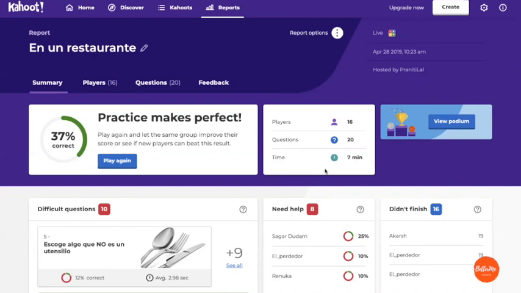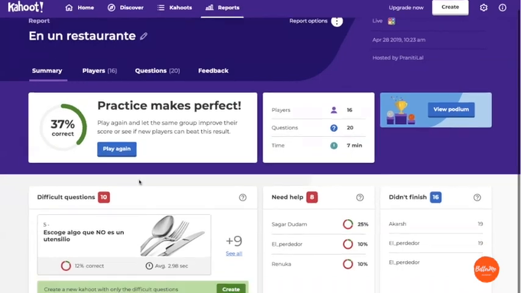For a live game report, you can also see how long the game lasted, which question was most difficult, how many were difficult questions, which players need follow-up, and which players did not finish the game. Here, when you click on create, you can recreate the Kahoot quiz with only the difficult questions, so you can reinforce learning there.